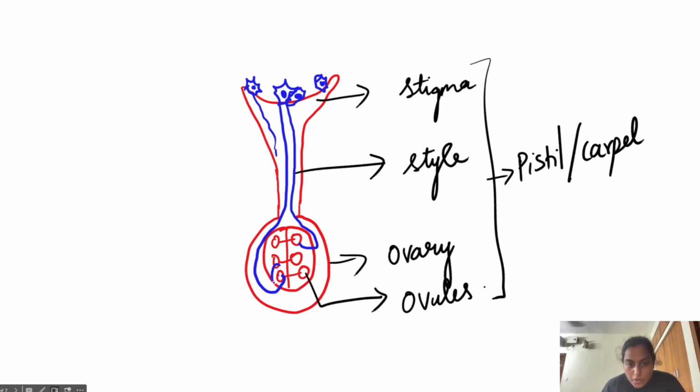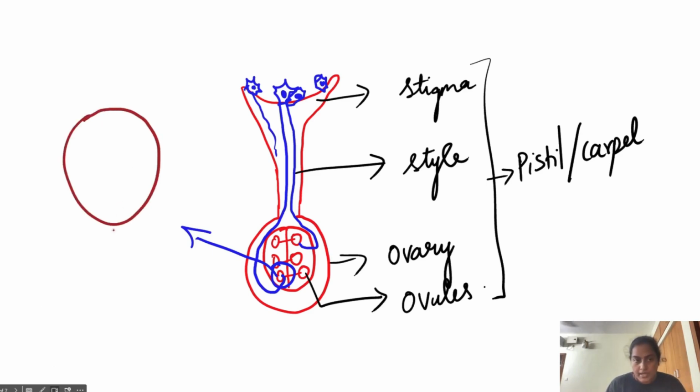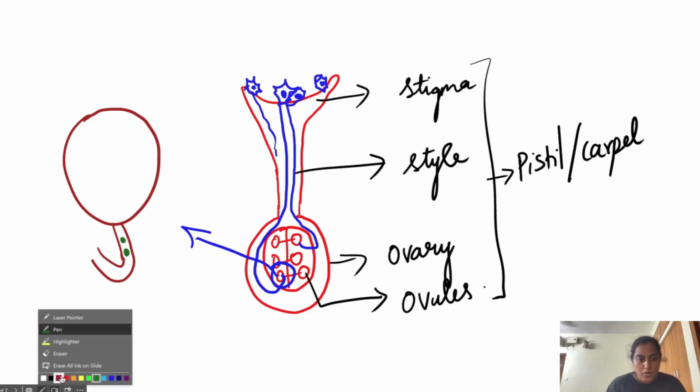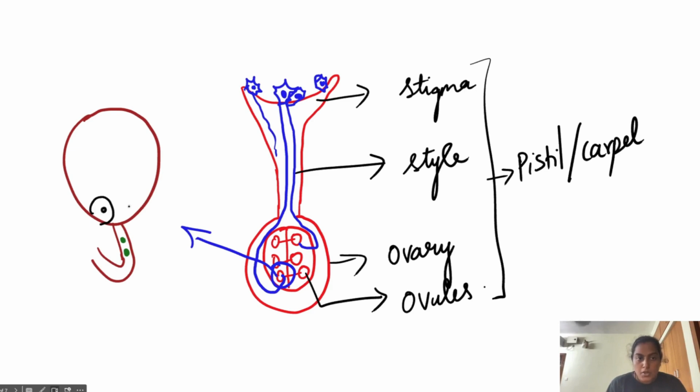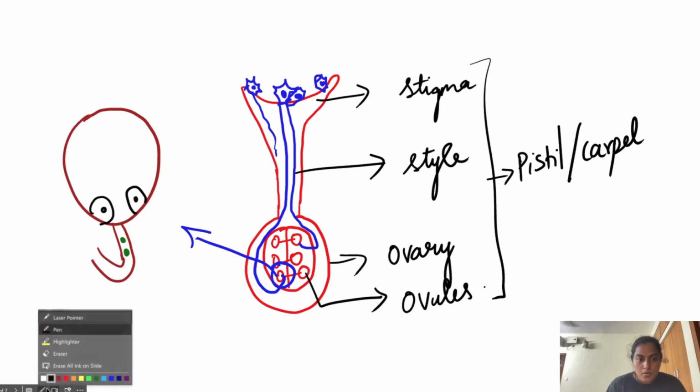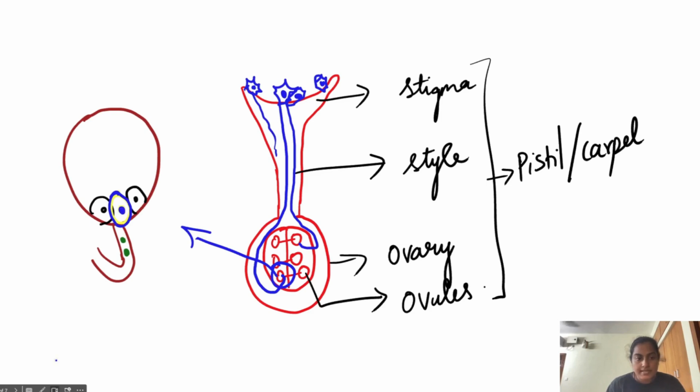Now, look at this. I'm going to zoom in on this ovule and show you. So suppose this is the ovule, correct? The pollen tube is attached like this. Inside the pollen tube, how many male gametes are waiting? 2 male gametes. Now, how does the inside structure look? 2 synergid cells. What else did I teach you? 1 egg cell is there. Then there is a polar nucleus and some antipodal cells like this. I'll tell you the functionality of each cell.